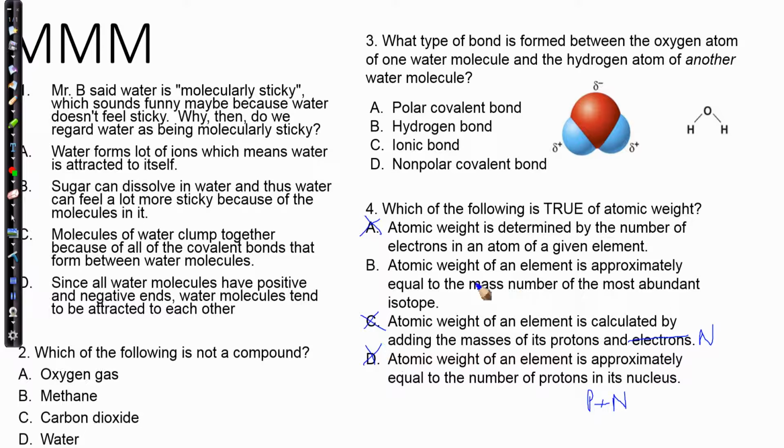You see we have one choice left here. Of an element is approximately equal to the mass number of its most abundant isotope. That is correct. And remember, we had an example in class. Carbon, its atomic weight is 12.011. The reason that's true is most carbon is in this form. Most carbon is carbon 12, which means it has 6 protons and, it's hard to write with a mouse, sorry, 6 neutrons. So that answer is actually the correct one. So hopefully these make sense. These were the most missed. I will show you one more question and we will then wrap up.